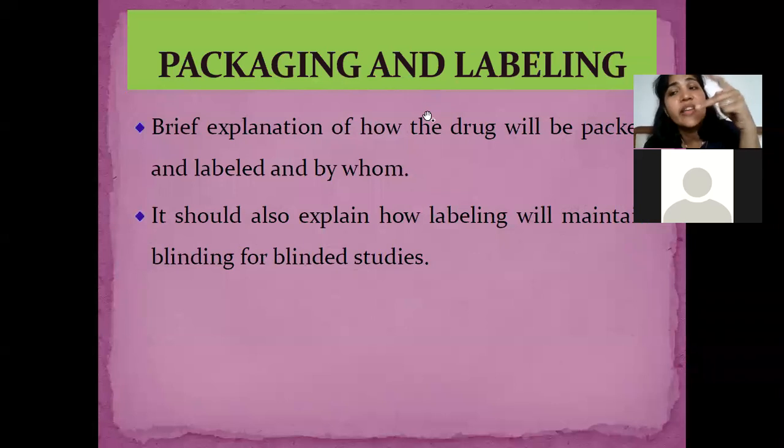So these are again two very important people, because the investigator is the one whose medication is being analyzed in the clinical trial, and the sponsor is the one who is sponsoring this investigator to conduct his trial. So both of them have an equal share in the clinical trial. If the clinical trial goes well, both of them are going to make the profit. Okay, so there are different roles and responsibilities of the investigator and sponsor. So what are these roles and responsibilities?